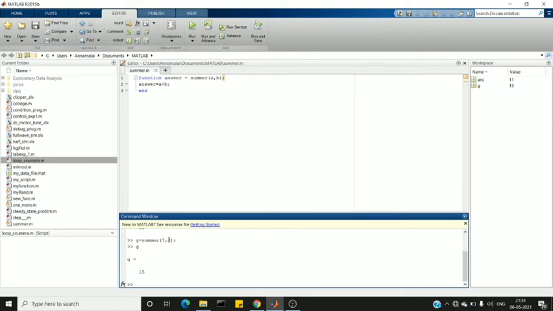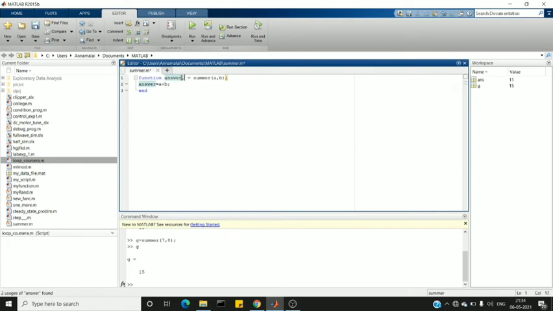In functions, we can pass more than two input arguments, and we can also get more than one output argument from the function. I'll show you a demo for it. So comma k.